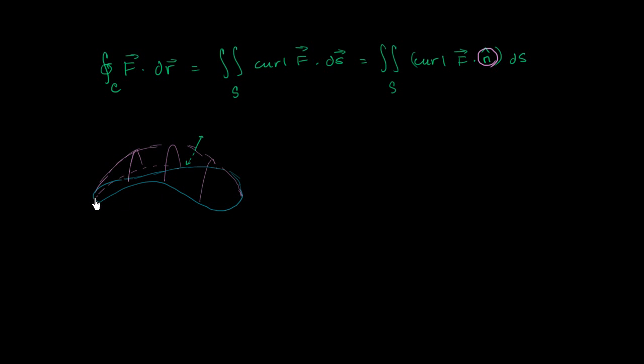And also, when we think about a path that goes around the boundary of a surface, there's two ways to think about that path. Based on how I've oriented it right now, we could go in a counterclockwise orientation or direction, or we could go in a clockwise orientation or direction. So in order to make sure we're using Stokes' theorem correctly, we need to make sure we understand which convention